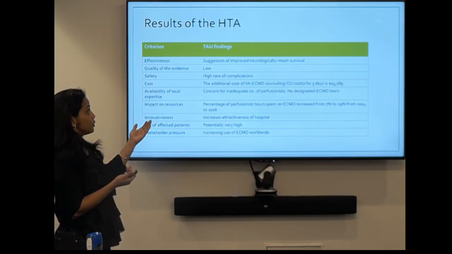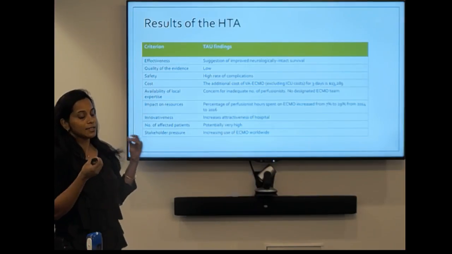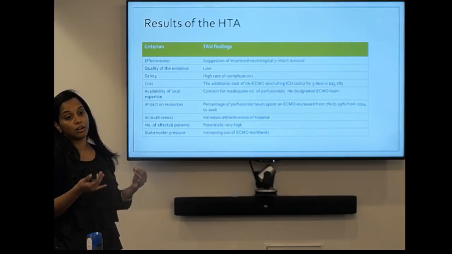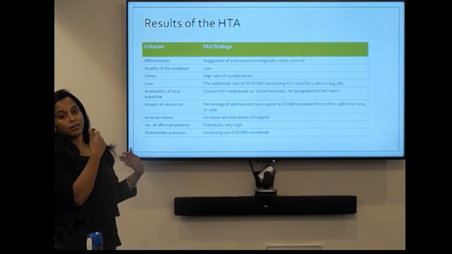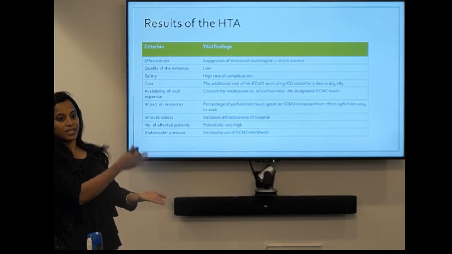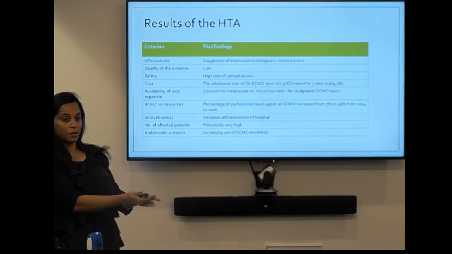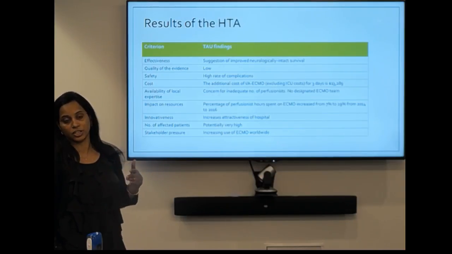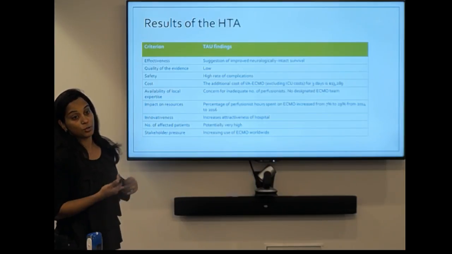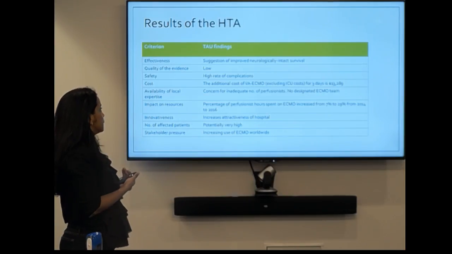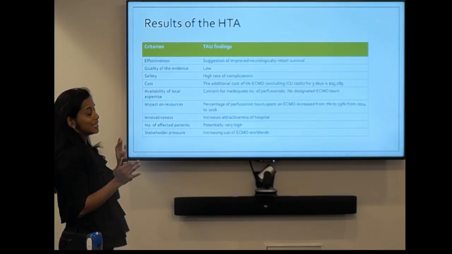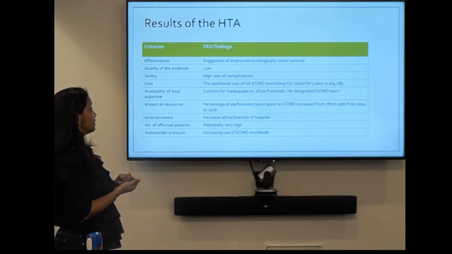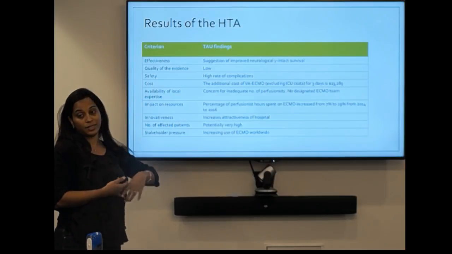And what they found was, it seems like a tiny little suggestion that there is improved neurologically intact survival, because a lot of these studies just looked at 30-day survival, so survival at discharge. But survival is one thing, but if you're not neurologically intact, then really, what is your quality of life? And so there's a tiny hint of possibly improved neurologically intact survival, but the quality of the evidence was absolutely